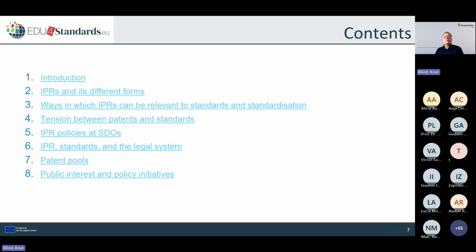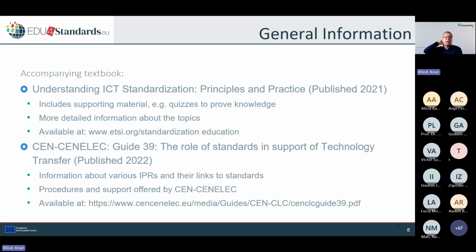And then we close with a bigger picture: what is really the public interest, especially at this interface, and what are policy initiatives, because this is a quite dynamic field where changes are taking place, and therefore we have to be aware of these changes. Again, we rely on this ETSI book published